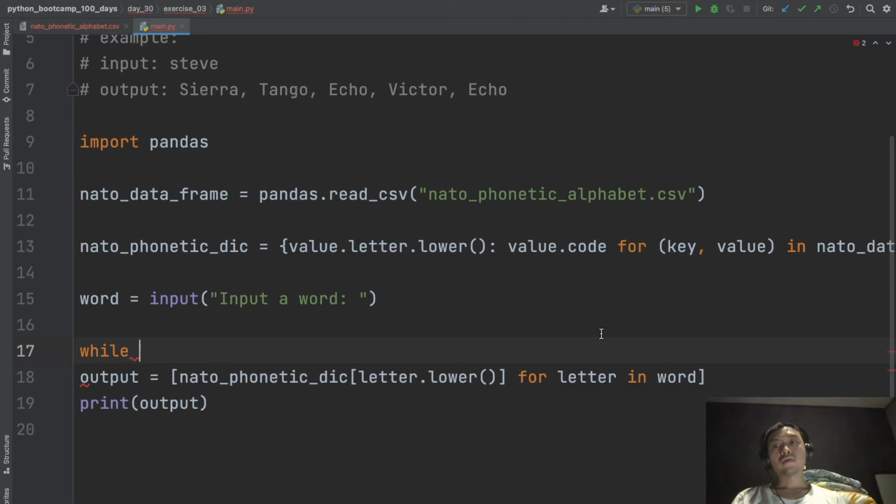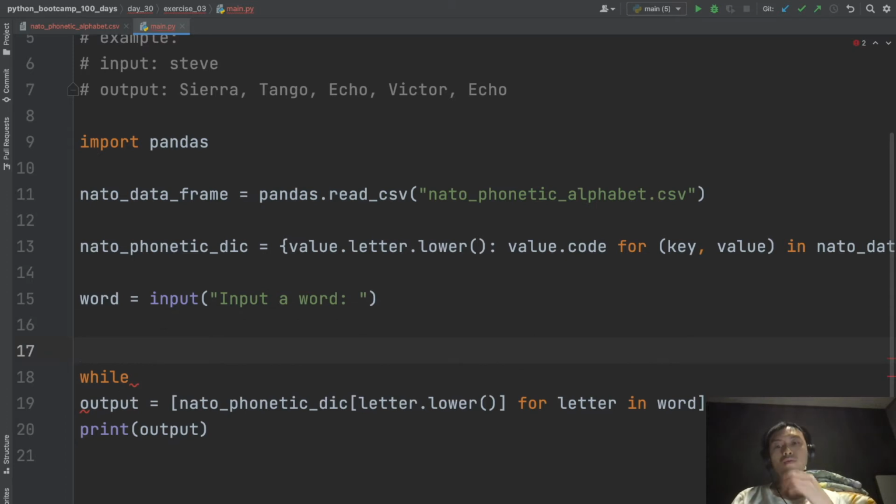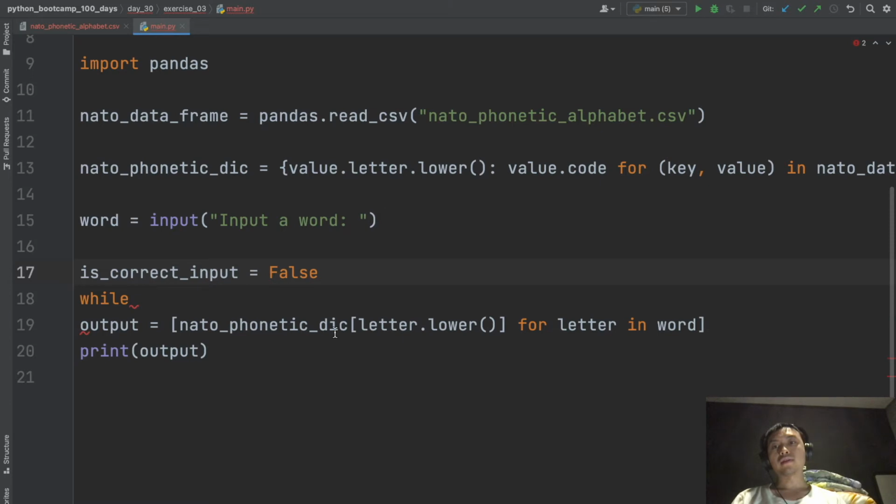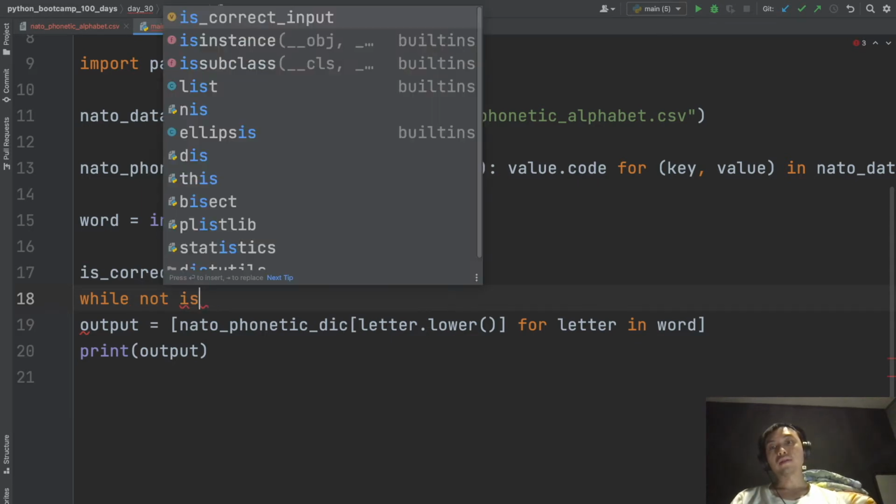Can I do it like that? No. So is_correct_input, let's say set to False, right? And while not is_correct_input,